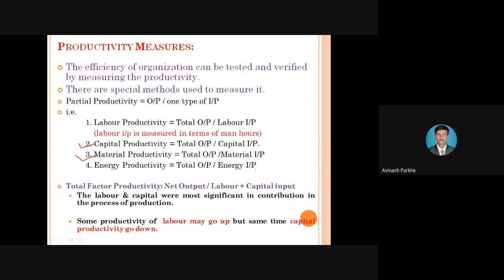And out of all these inputs, labor and capital play a very important role. Whatever your labor input is, that means skilled operators, semi-skilled operators, unskilled operators, it plays a very important role. In addition to that, your capital investment; these are the two input resources which play a very important role. And sometimes labor productivity can increase. Why can labor productivity increase? Because we are providing only skilled operators. If we have to provide skilled operators, your capital investment can increase.